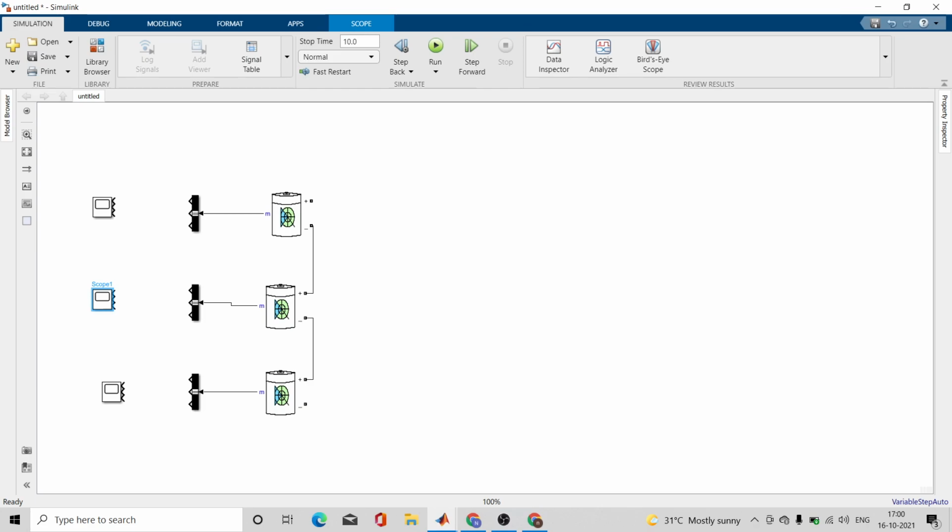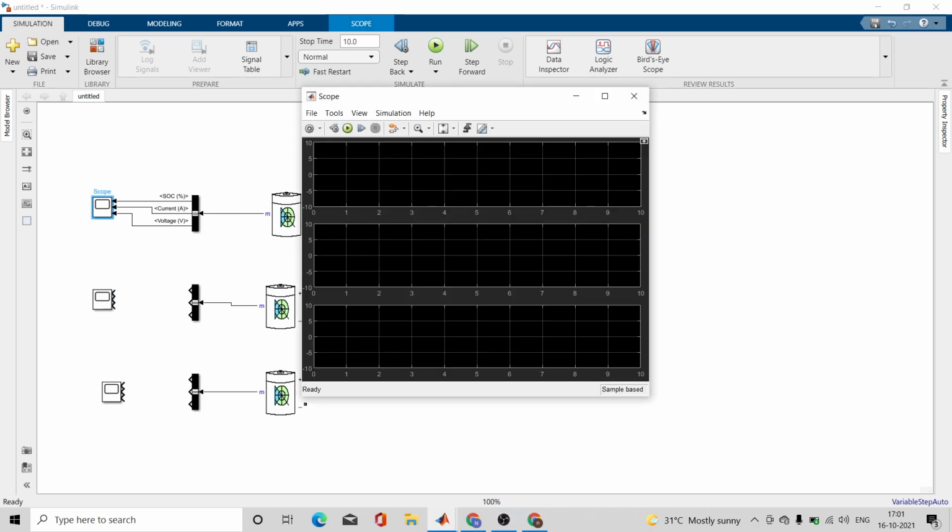Let me connect these signals, and once you connect you will understand that the first will be SOC, the second is current, third is voltage. So out of the three graphs that you see over here, the first will be SOC, current and voltage.